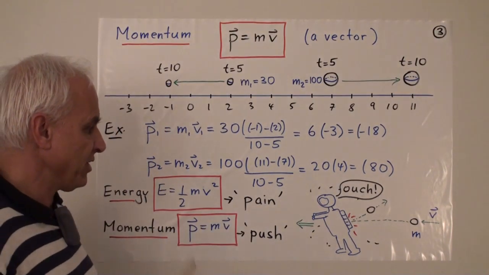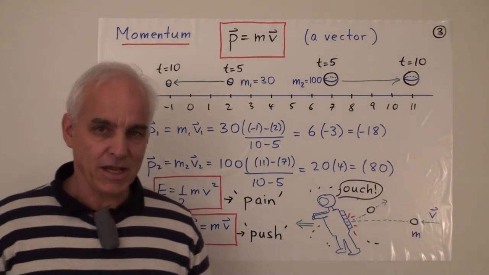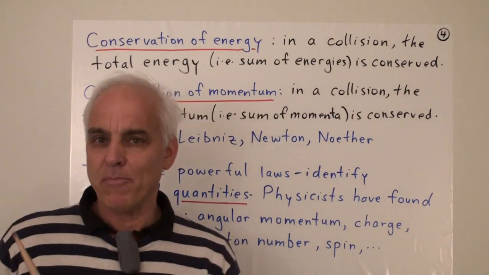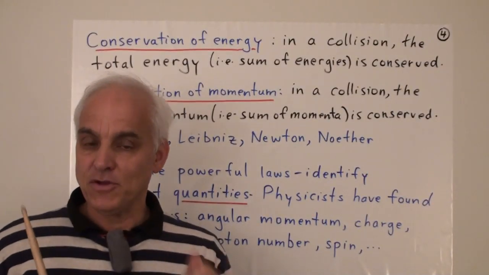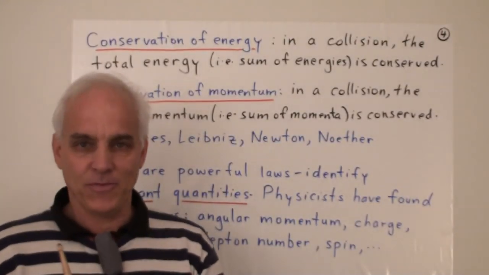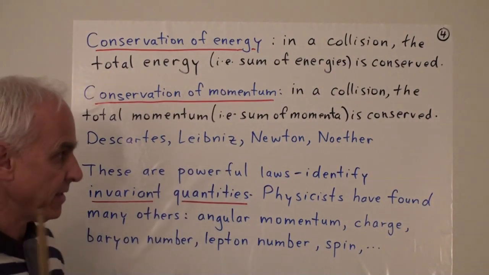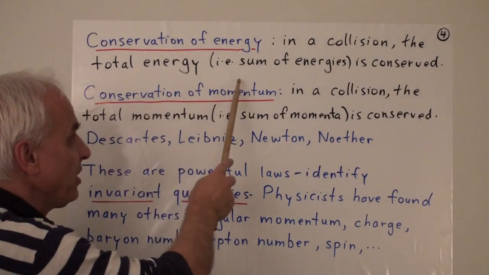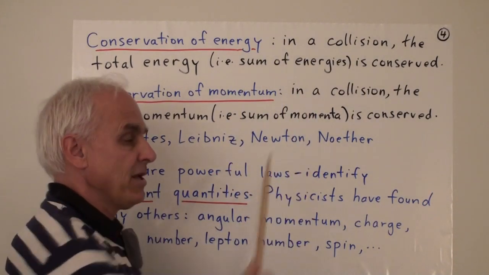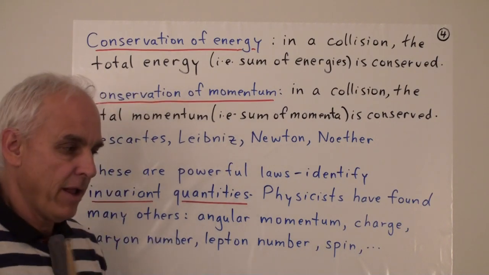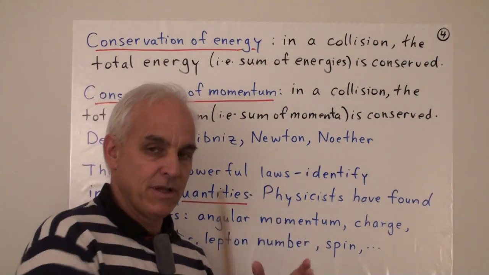A little bit simple-minded, but it's one way of thinking about energy and momentum. Now, energy and momentum are both very, very important in physics because of two fundamental conservation laws. So there's the conservation of energy law, which says that in a collision, the total energy, i.e. the sum of the energies, is conserved. If you add up all the energies before and you add up all the energies afterwards, you should get the